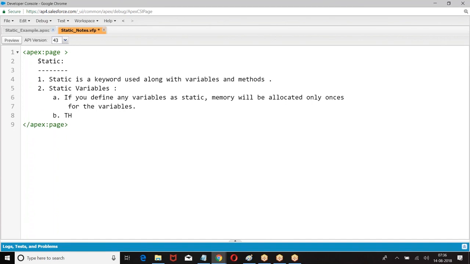This variable will be common, can be accessed by all the objects of the class.